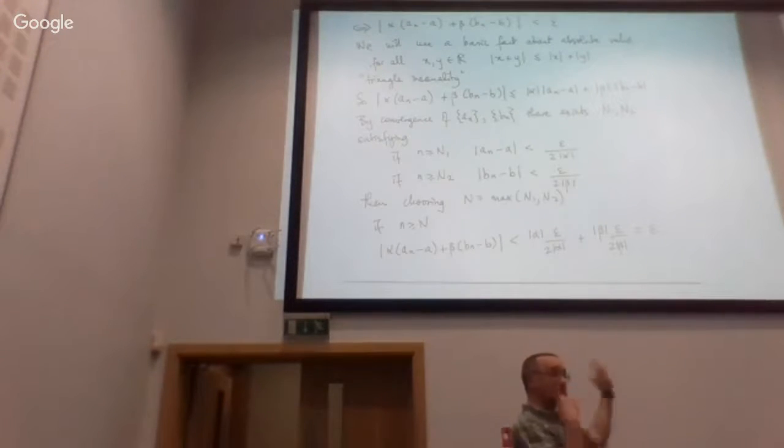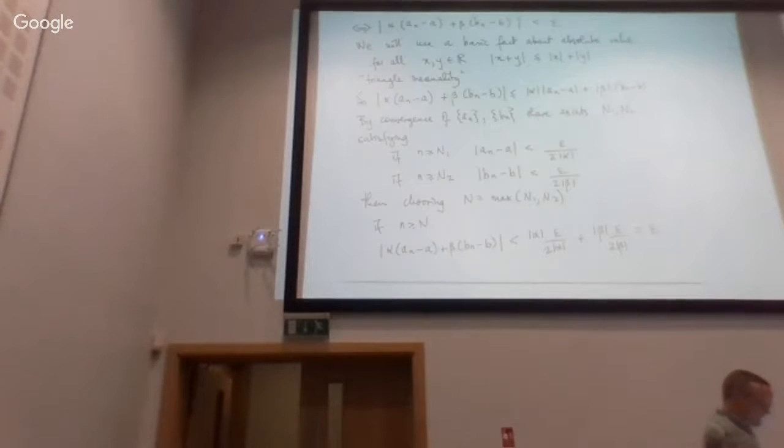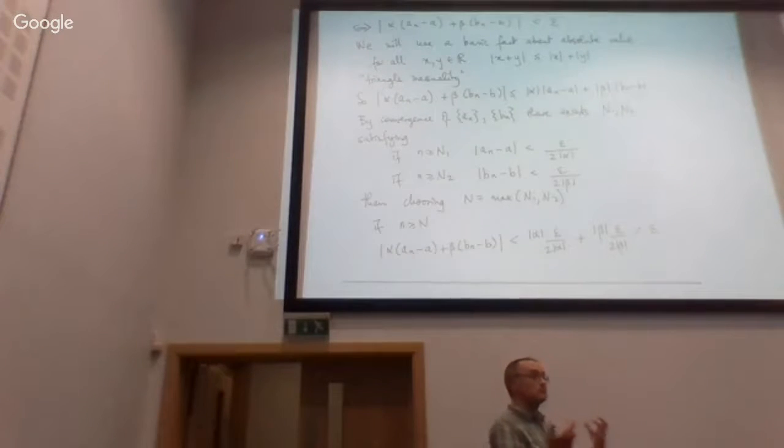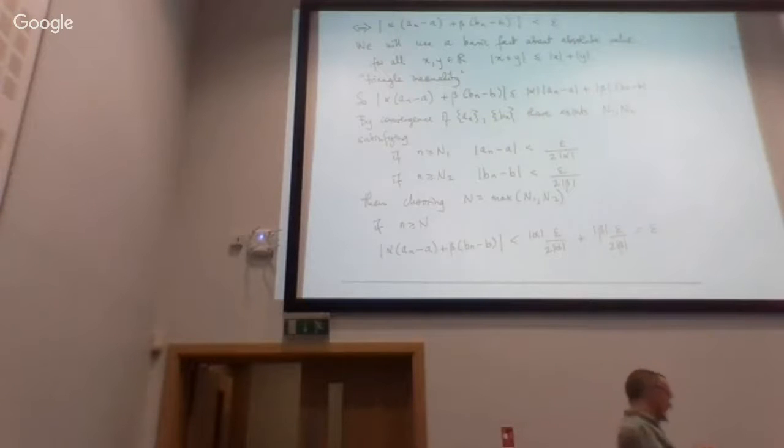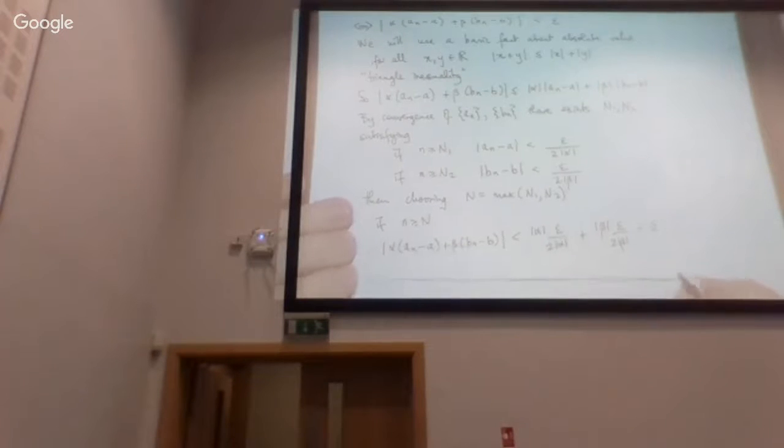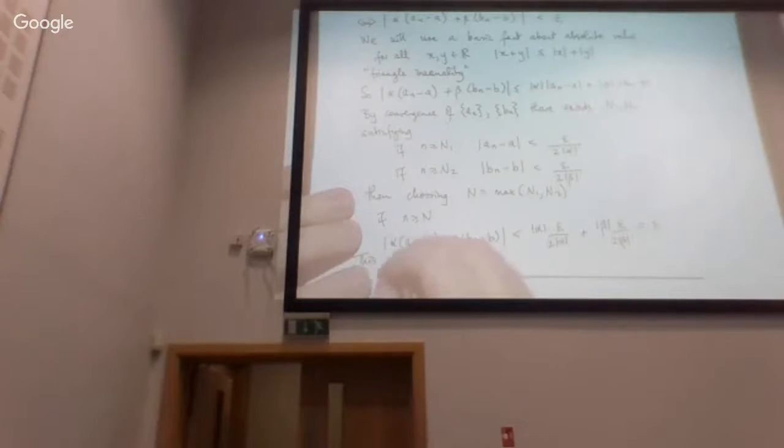This shows the power of this formal definition of convergence. We're able to prove this quite general result. If you take any two convergent sequences, an to a and bn to b, and combine them together in this way, alpha times an plus beta times bn, we again get a convergent sequence. And its limit is exactly alpha times a plus beta times b. I better just conclude that proof. So this shows the definition of convergence is satisfied.